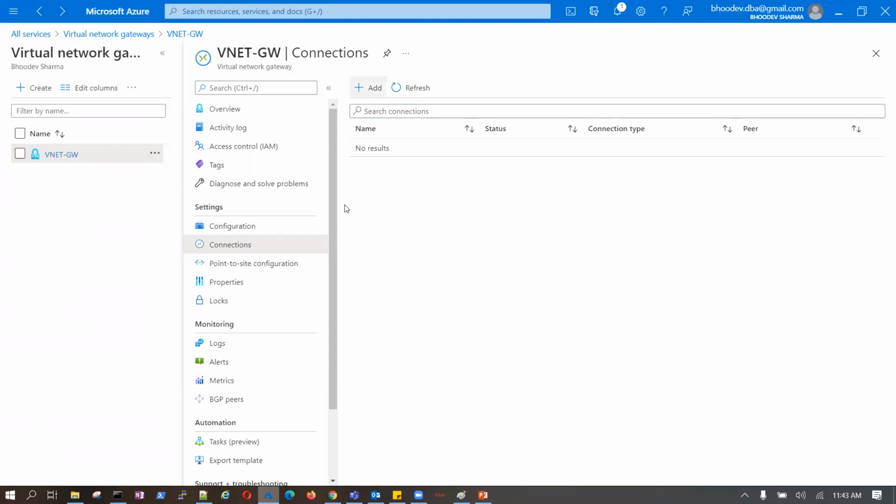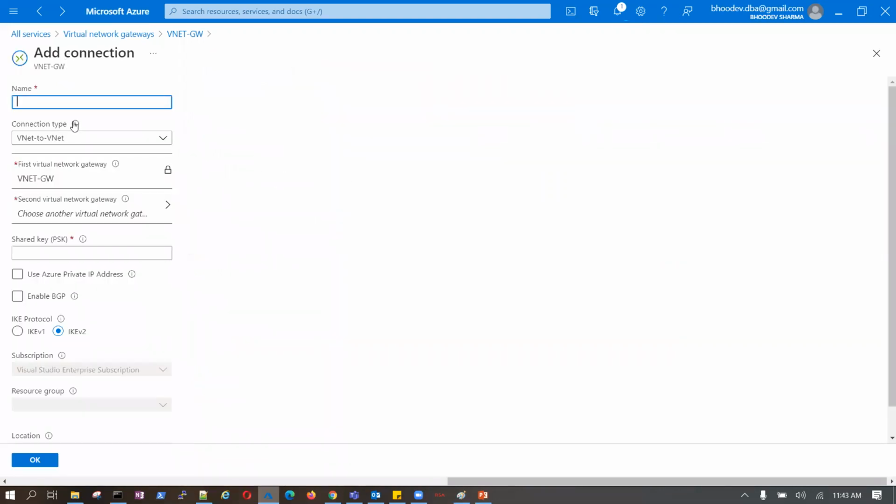Connections, add connection. Sorry, we are using a VNet. We should not be using a VNet, we need another, sorry, BGP GW. If we are using VNet to VNet, we need another. We are using site to site, so we need to choose a local network gateway. Earlier we were using VNet to VNet.